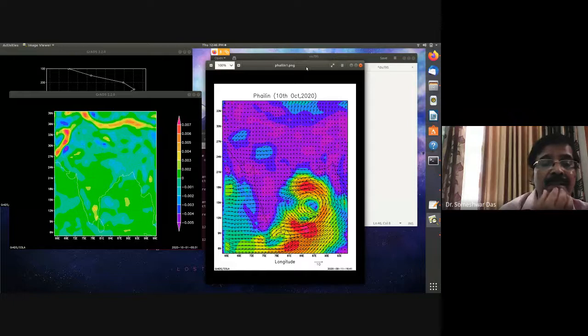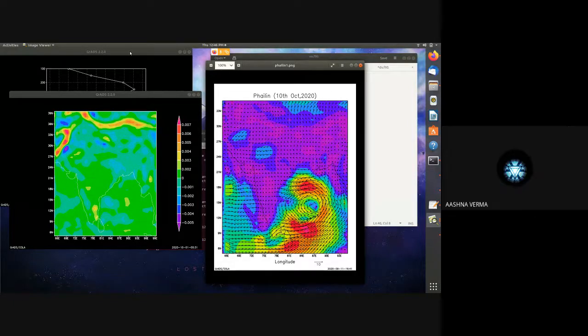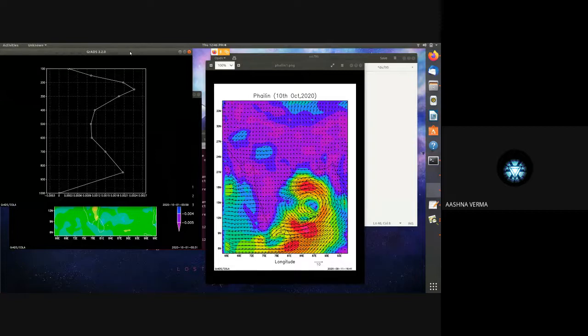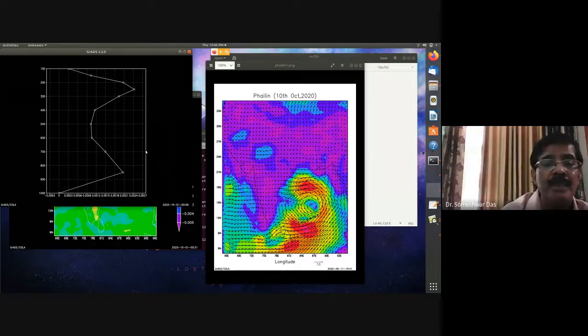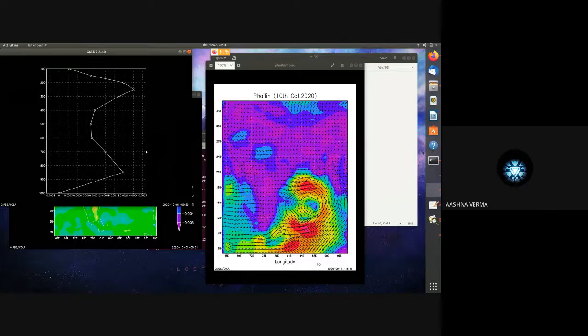All right, so you have done that. Can you also draw a profile? Yes, I have done it. But I don't know the exact lat lon of the eye, so I drew it by approximation. Today I will check the lat lon of the eye. Mostly all values are positive, because at the center I saw positive values. All these are positive, isn't it? Yes, sir. Very positive.